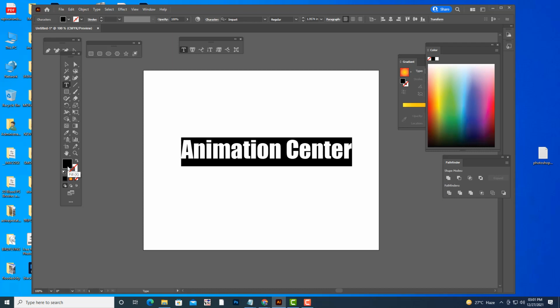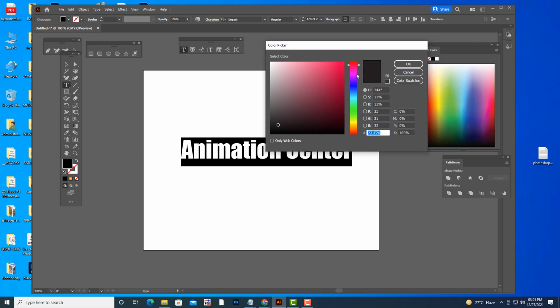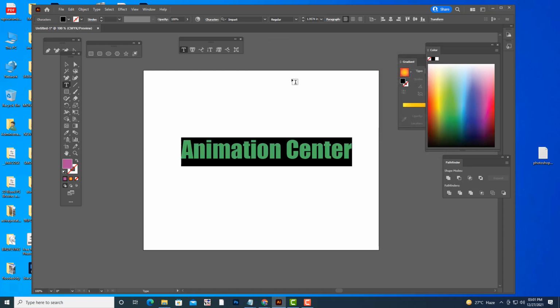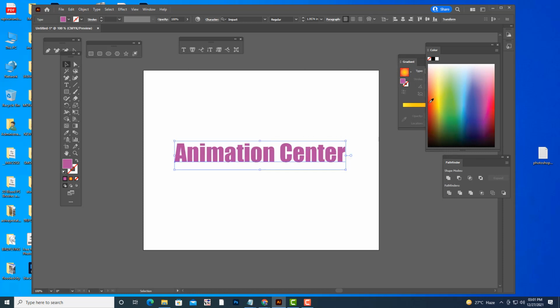Now to apply some color to this text, highlight the text. Here we can check the color. This is the fill color, not the foreground color as in Photoshop. Click on that, and the color picker dialog will open, and from here you can apply whichever color you want. So this is one thing. The second thing is, if you want to apply a gradient to the text, you cannot directly apply a gradient.